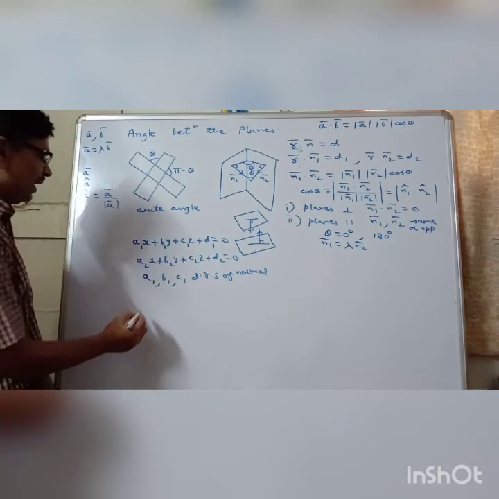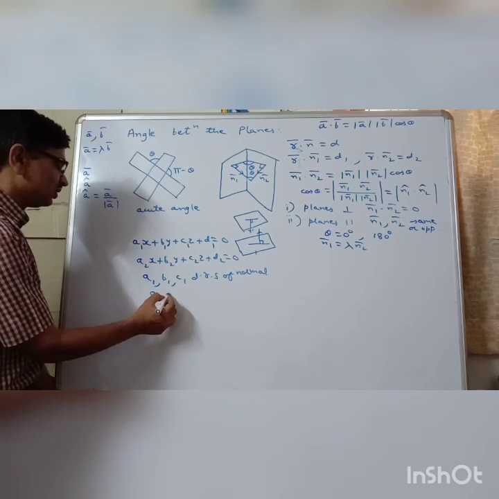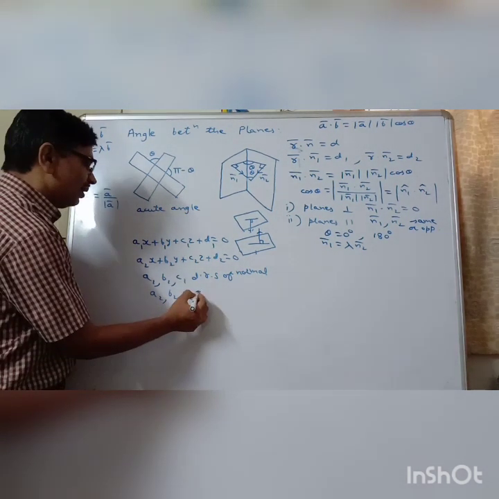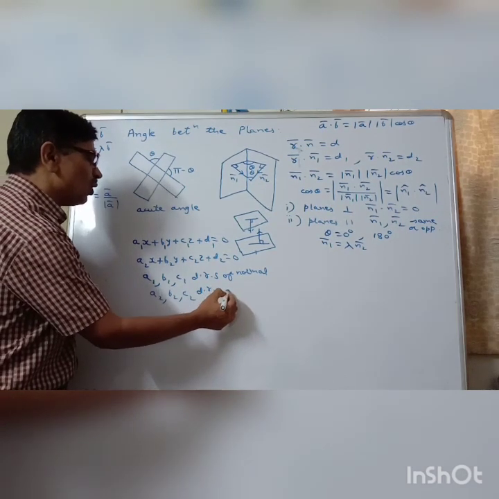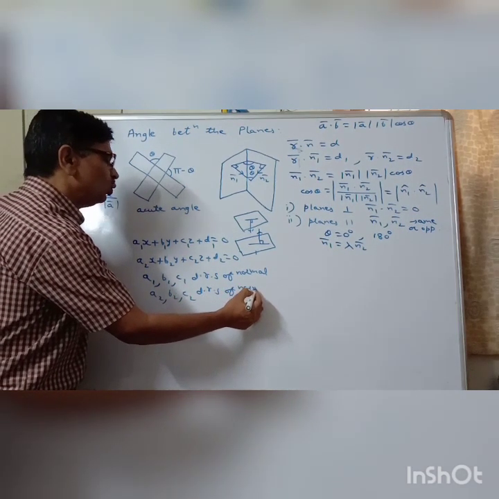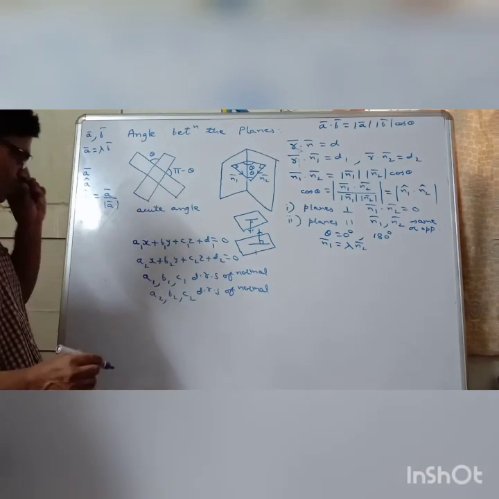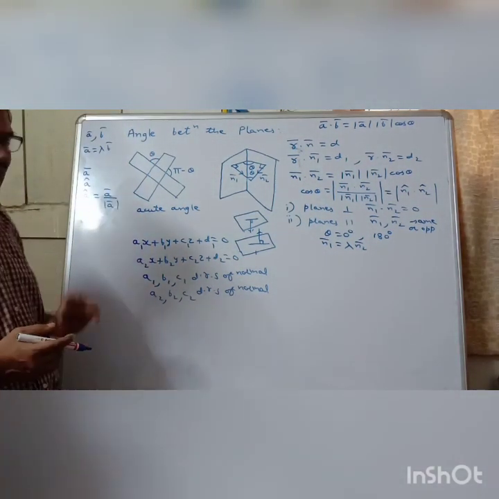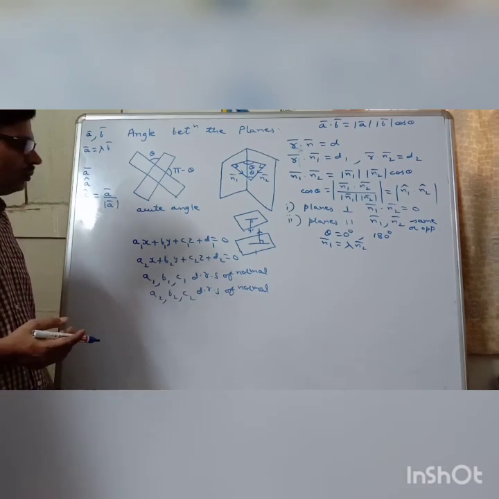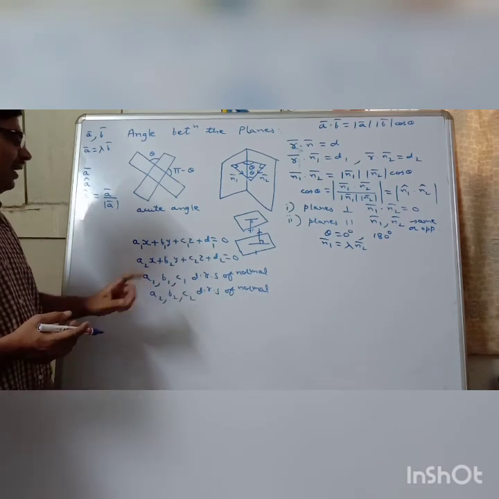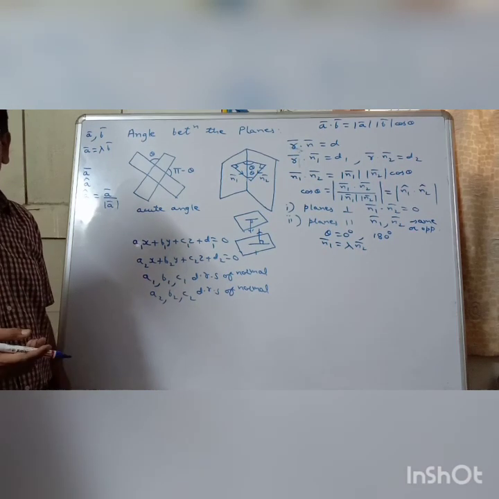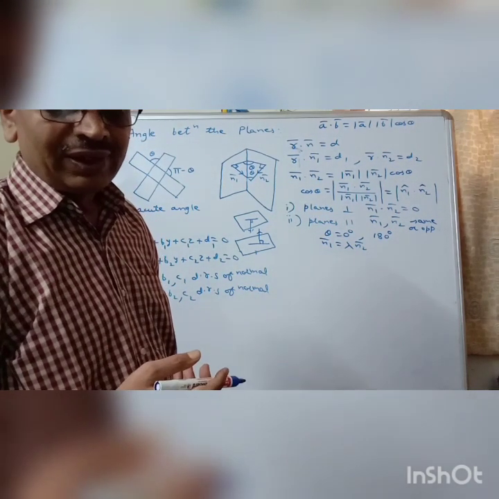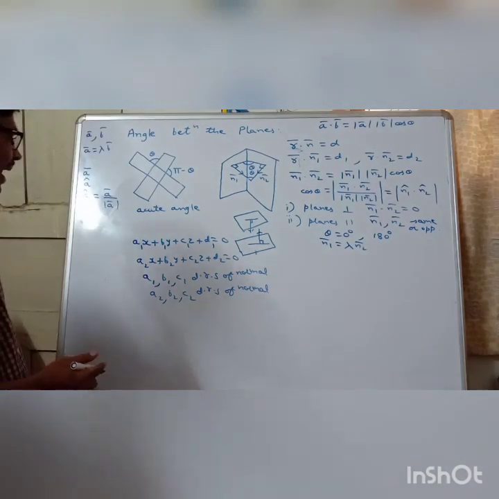For the second plane, the coefficients of x, y, z, a2, b2, c2, are the direction ratios of the normal to the second plane. So these are the direction ratios for two vectors or two lines. And if we know the direction ratios of two lines, we can find the angle between them. If theta is the angle between them,